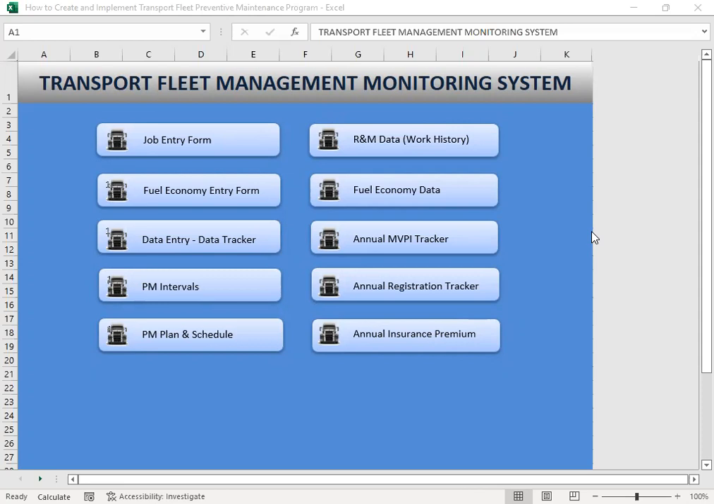Today I would like you to learn the transport fleet management monitoring system, which I have developed for you guys. So if you're having a transport business providing transport services to another company in their manufacturing or distribution logistics, distributing all these finished products to their customers,